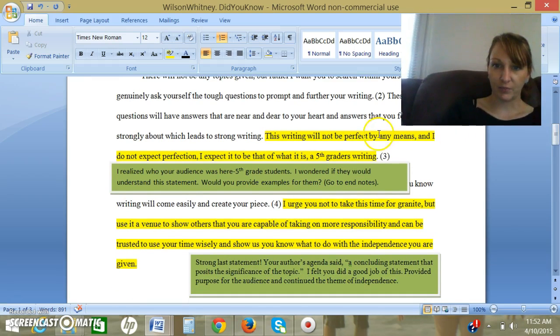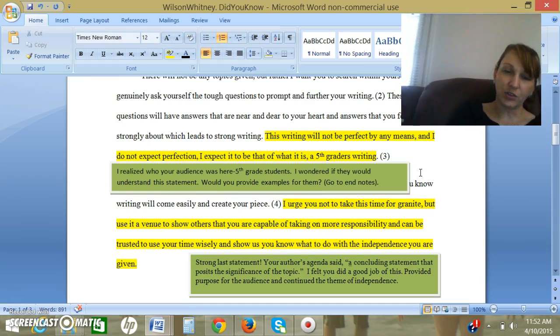Okay, then I have here, this writing will not be perfect by any means, and I do not expect perfection. I expect it to be that of what it is, a fifth grader's writing. So I thought this was great. You're encouraging them to take some risks and just to write. And Kittle does this as well. I have not read Ray's book, but Kittle's right beside them